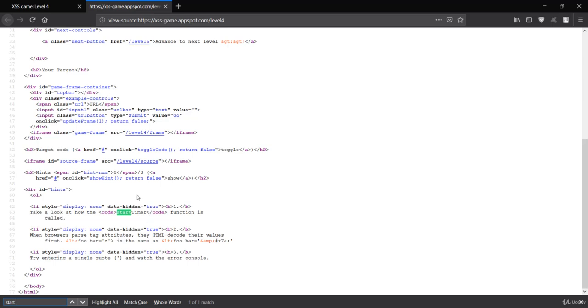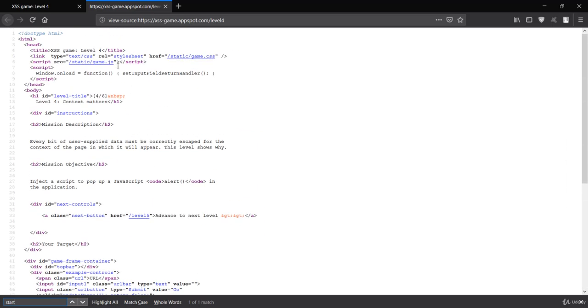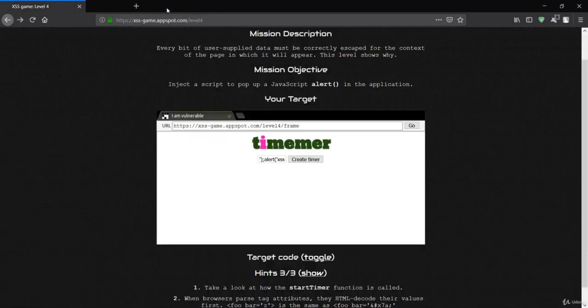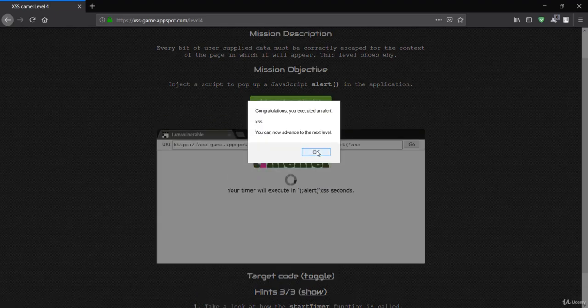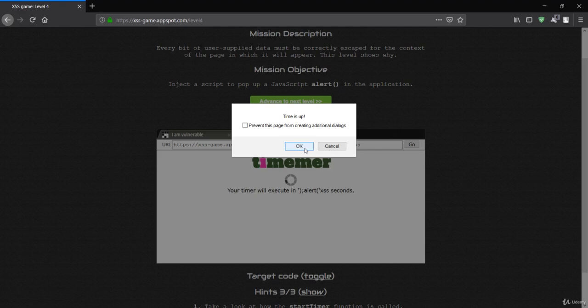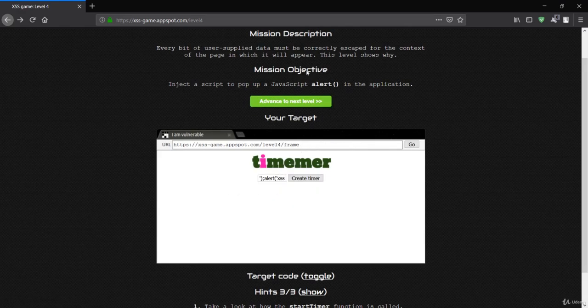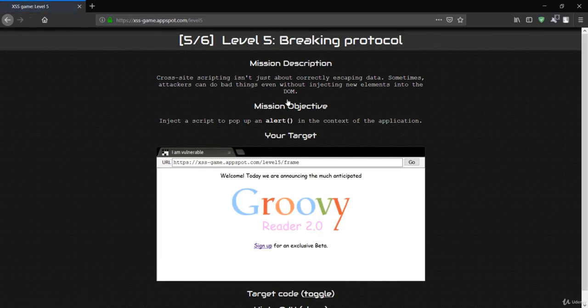It is saying take a look at the word, because we are not having any function right here. So it is just the way to show us that there should be a close of this function. The first function, that is start timer, should be closed, and after that we'll execute this alert. So let's see if this works. It is working perfectly, and basically what we just did here was close the first start timer method, and after that we made our XSS attack, which was basically this XSS message alert. So let's go to the next challenge here.